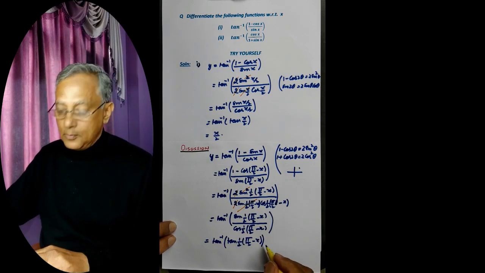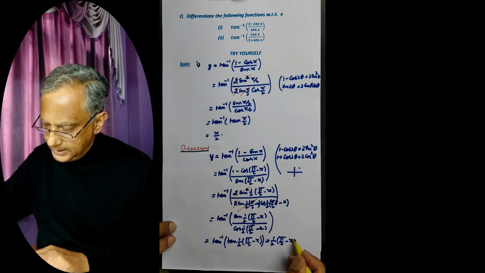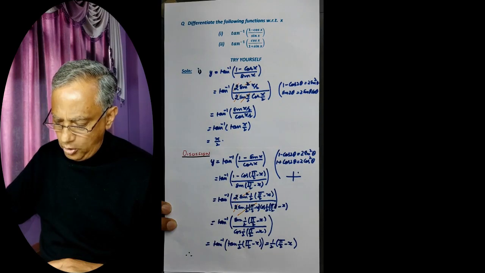So we can write this as 1 by 2 pi by 2 minus x. Therefore,